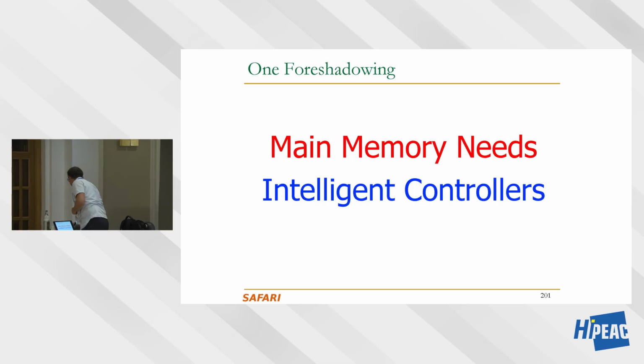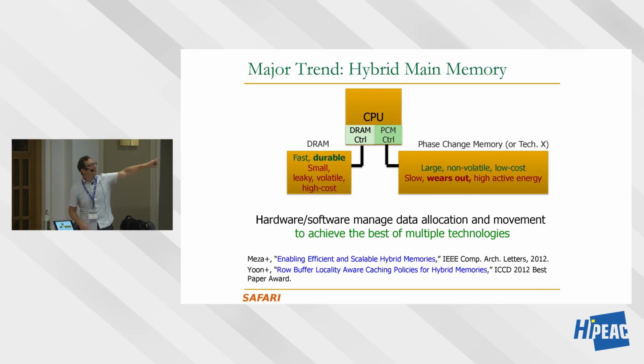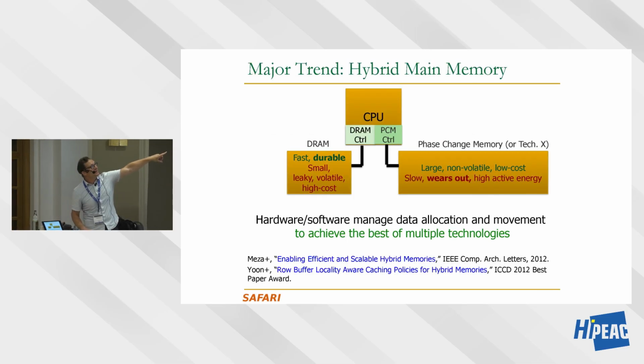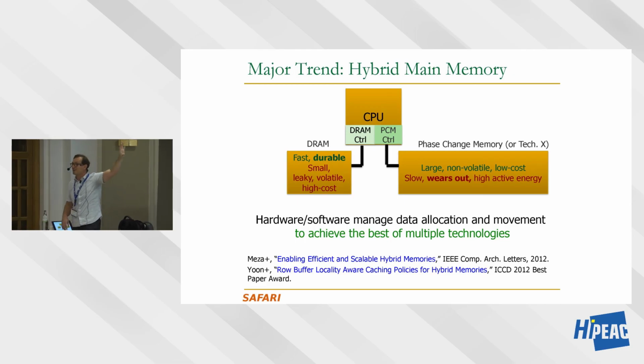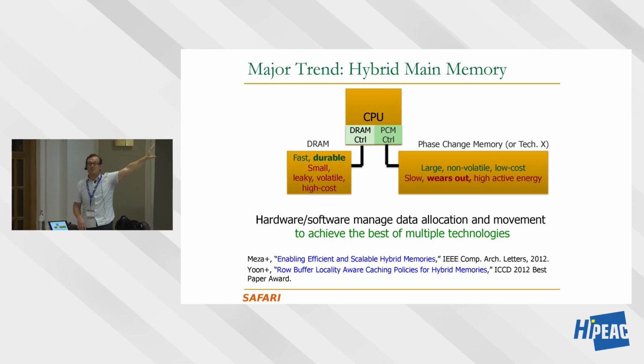So why do you need intelligent memory controllers? Because intelligent memory controllers need to recognize the different devices, recognize their upsides and downsides, and recognize the requests coming from different applications and match the right type of memory to the right type of application, the right type of request, the right type of data structures. I think this is fascinating. This is an important problem, and we haven't solved this problem yet, in my opinion.